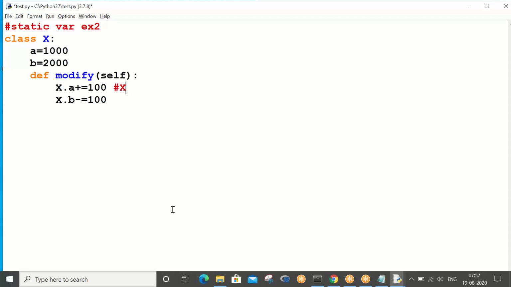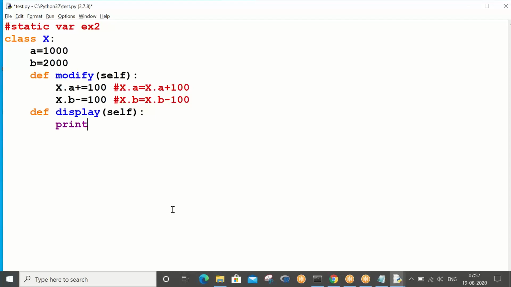X dot A is equal to X dot A plus 100. Likewise, X dot B is equal to X dot B minus 100. So I am not only accessing my static variables, I am also trying to modify my static variable data.